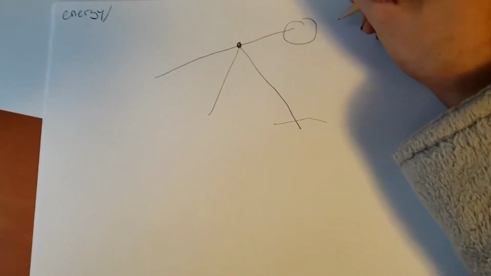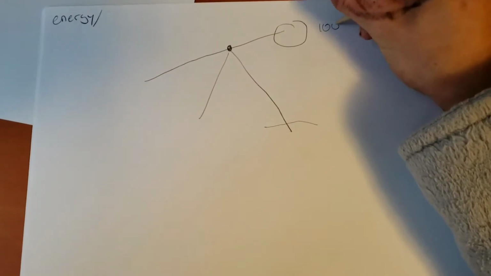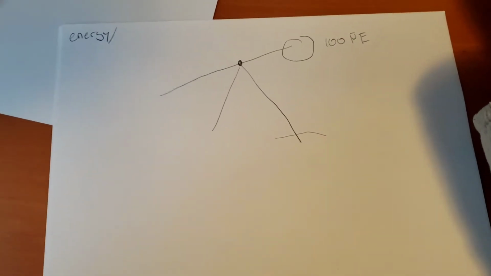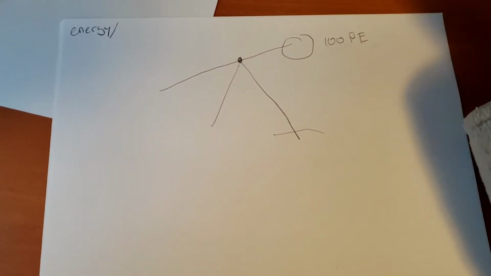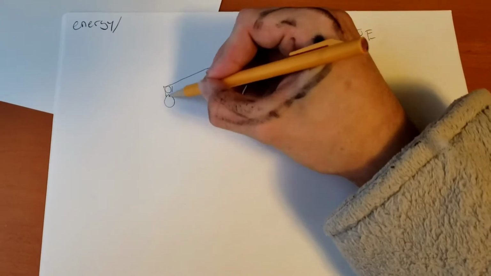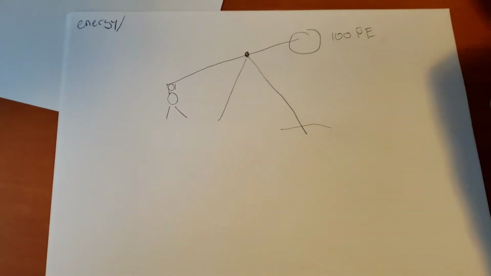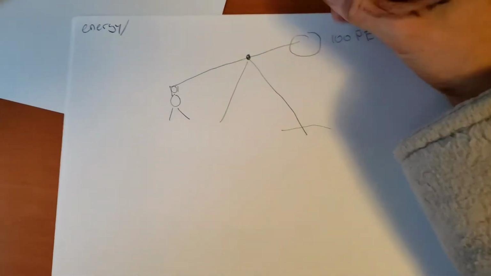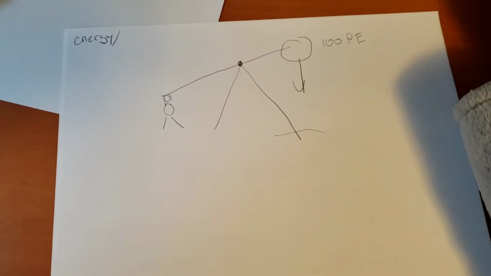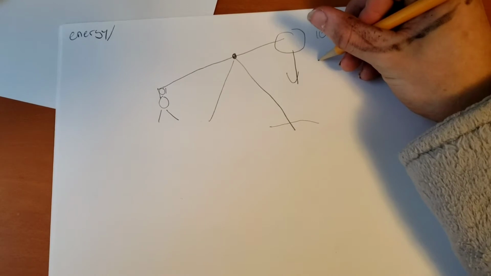So this right now, let's say, has 100 potential energies. Now, when Mr. Man right here holding this stick down lets go, this potential energy will be released in creating movement, or